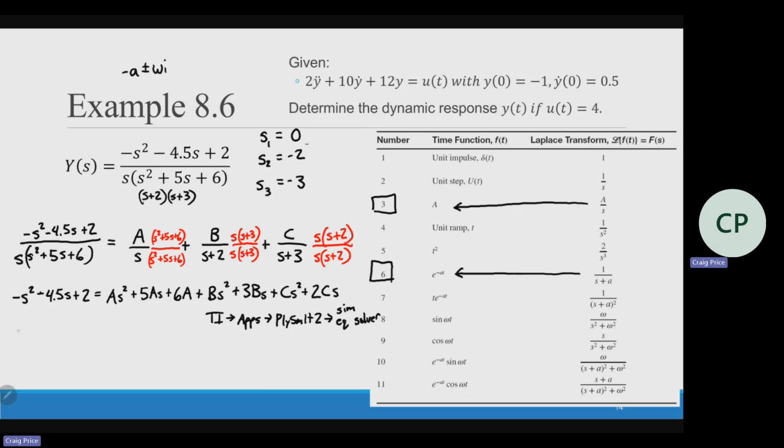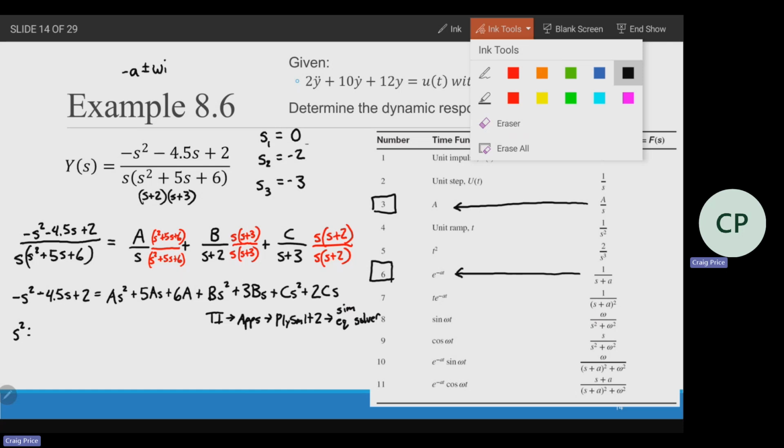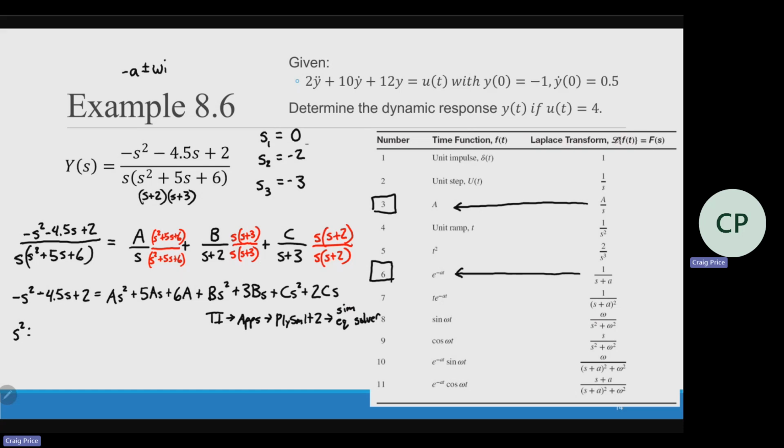basically I can look at the s squareds. So the s squareds, I have an a, so 1a. I'm using this line above it to set up my equations. So I'm going to look at all the s squareds here. We have 1a plus 1b plus 1c is equal to, on the left-hand side, negative 1. So that would be how I would set it up in my